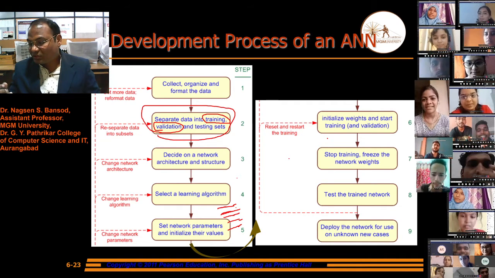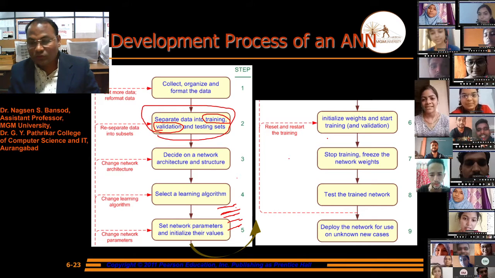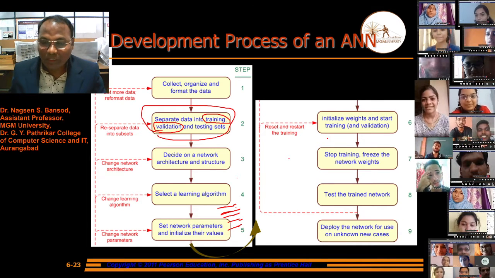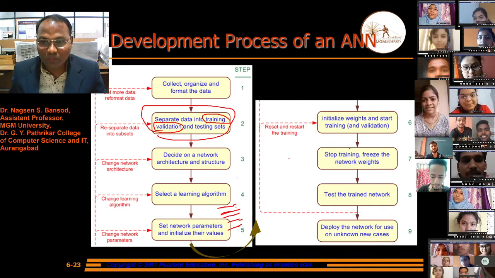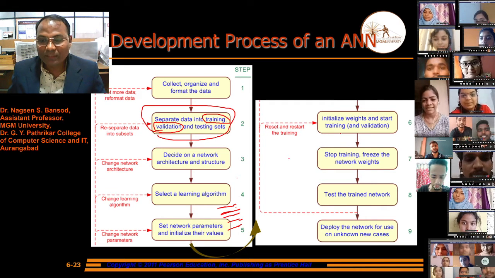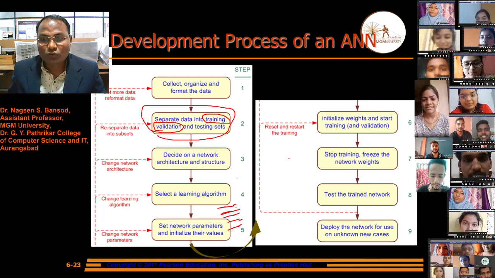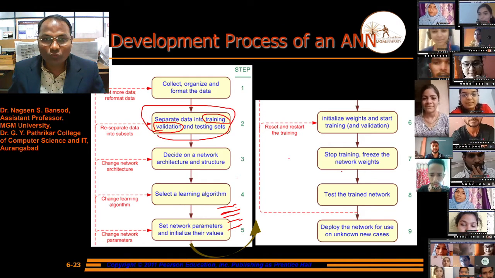That weight is the threshold weight. So we have got the optimum result, optimum values. So in this step, stop the training and freeze the network weight.